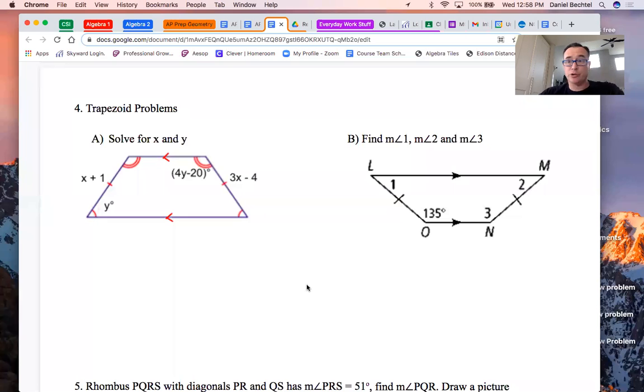Okay, this one should be a little shorter than the other ones because there's only two problems for this, but we're looking at trapezoids. And as I said in class, what we're going to be looking for when we do these problems is generally when you're talking about a trapezoid, you're going to be dealing with the fact that we have parallel lines. And a lot of times they'll do the isosceles trapezoids as well, where we know that the base angles are